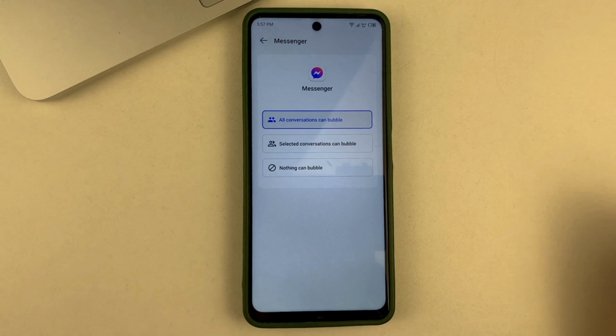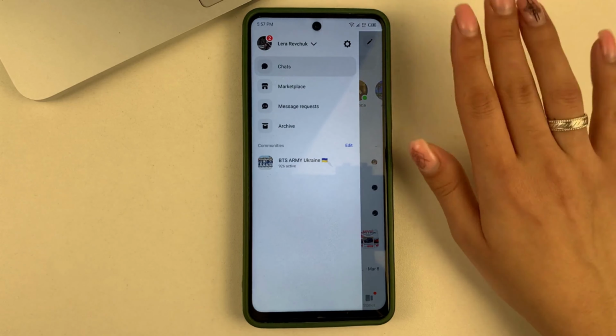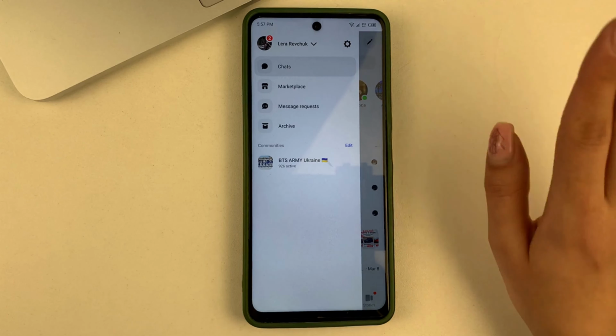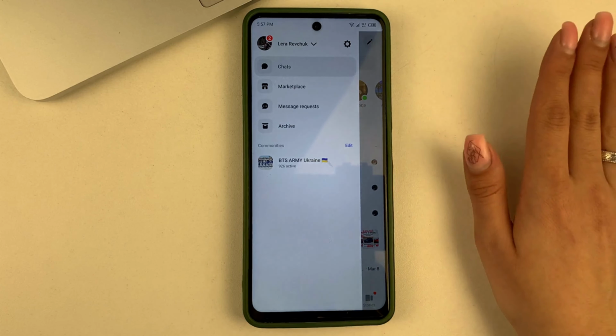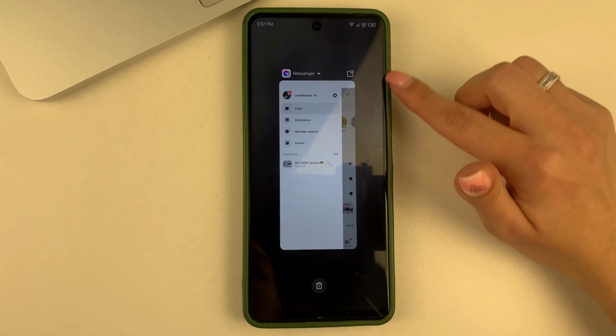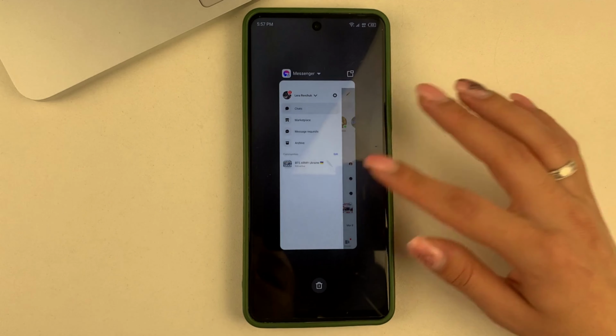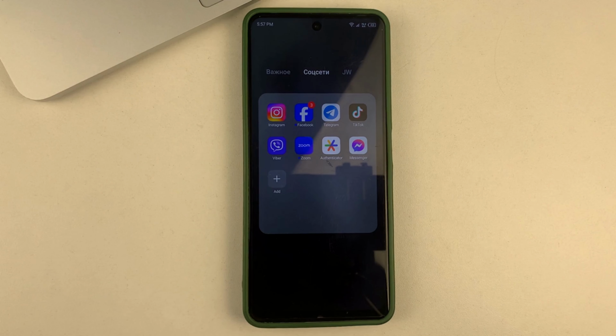And when you choose what you want, you can just log out. And know that you have that feature set up right away. It's connected, and once someone messages you in Messenger, you don't have to worry. Rest assured that that message will be in that balloon, in the bubble on top of all other applications, and you will be able to respond to it immediately.